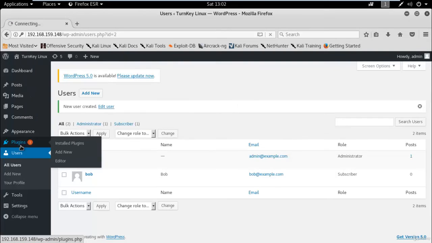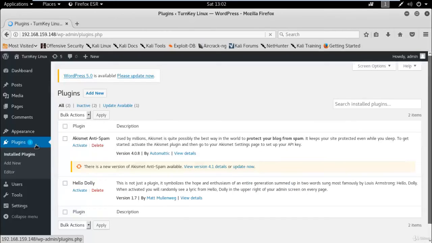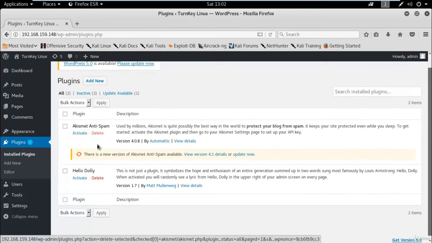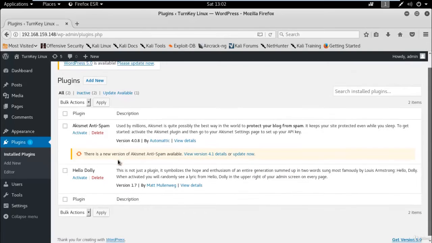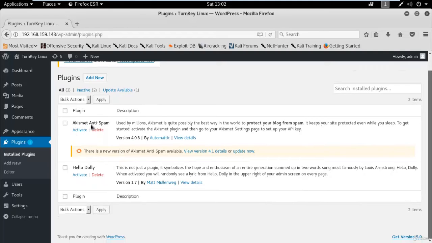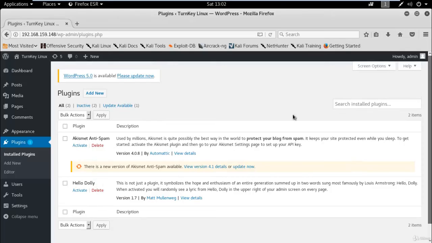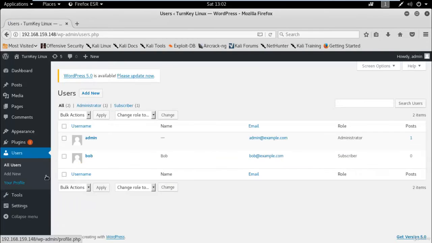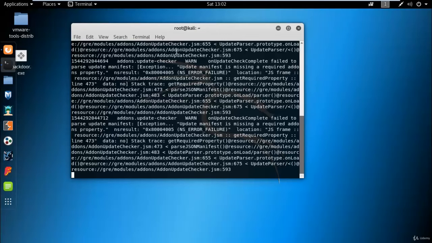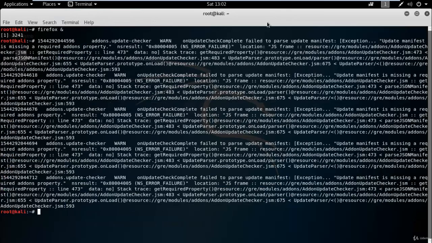Here you can see the plugin button. There are already many plugins installed on this WordPress. Here you can see, like Akismet, Anti-Spam and Hello Dolly. So now we have created a user with the name of Bob. Now we need to just open another terminal